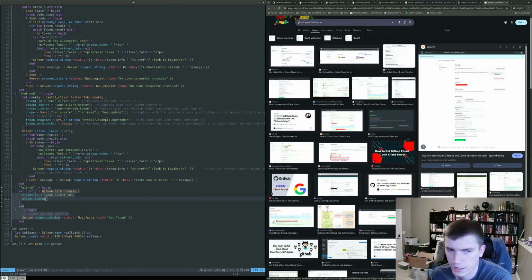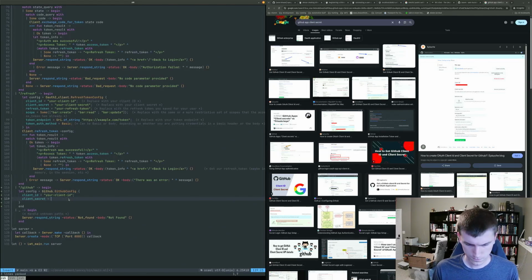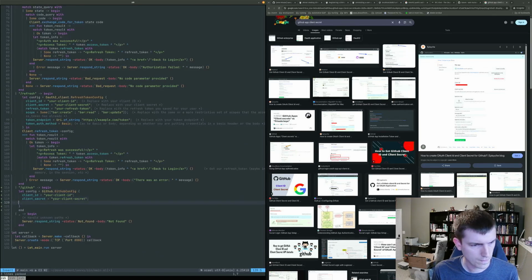All right, so we need callback URL. Client ID, client secret, callback URL. Your client secret and callback URL. I want to keep the name as similar to what it looks like in GitHub.